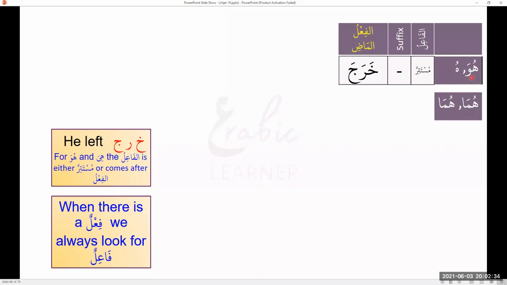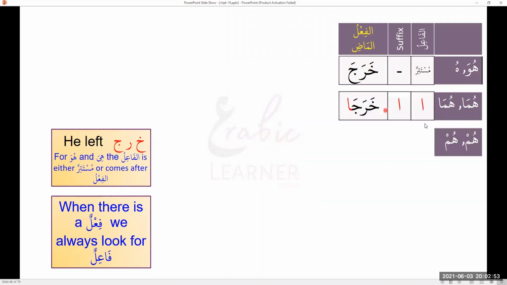Now this doesn't mean that the dhamir is getting attached to that. So dhamir muttasil, the attached pronoun, is who here? Now who is not getting attached here? Okay, you need to know this. In the same way, kharaja means he left. Kharaja means they both left. Okay. Now here dhamir muttasil,